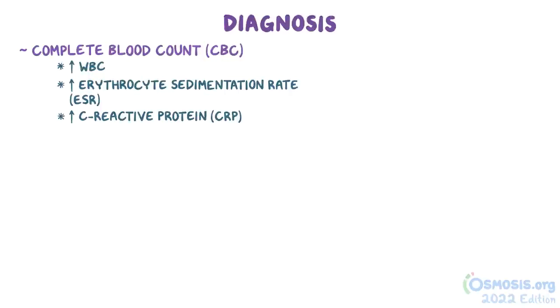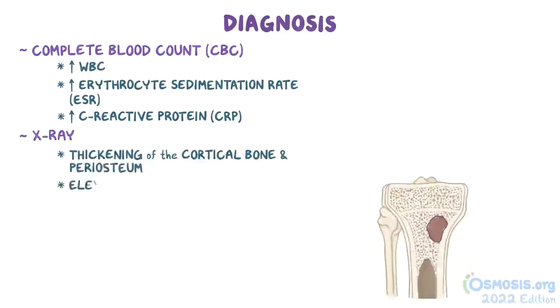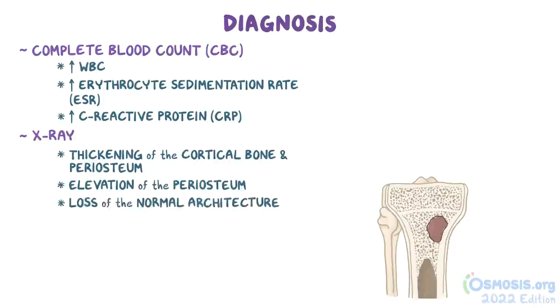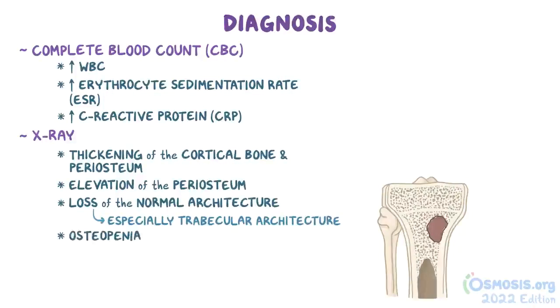Now, in addition, sometimes an X-ray is done, and it might show thickening of the cortical bone and periosteum, as well as an elevation of the periosteum. Other findings may include loss of the normal architecture of the bone, especially of the trabecular architecture. There's also osteopenia, or loss of bone mass that becomes evident when more than half of the bone matrix is